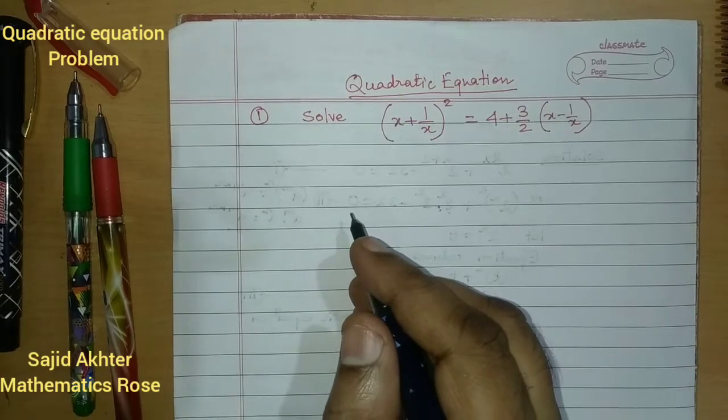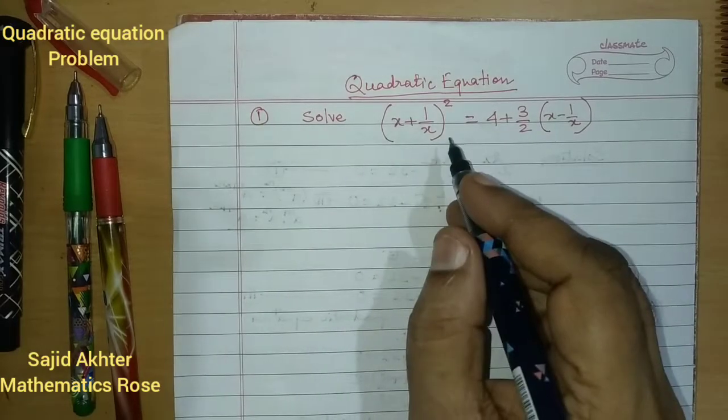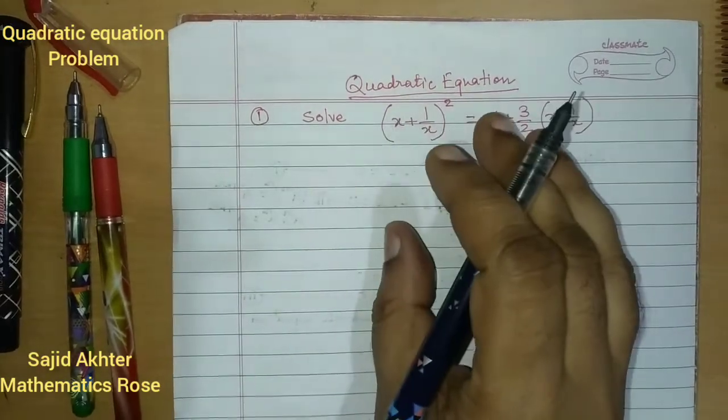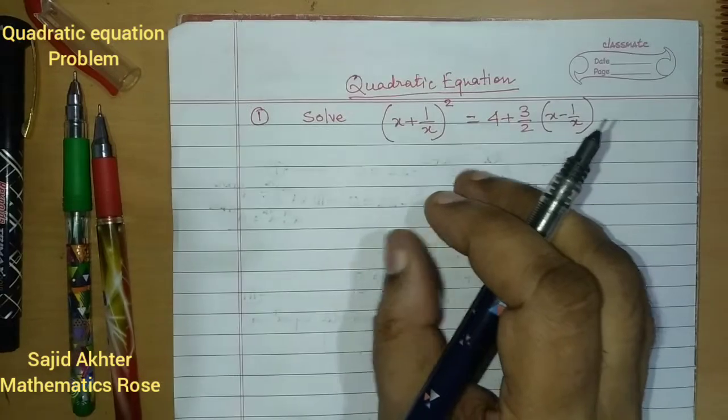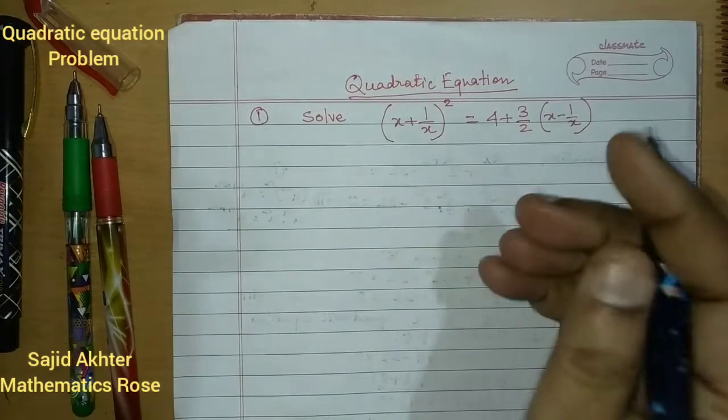Good evening, everyone. Now, this is the question from quadratic equations I have taken. If in such type of question 4 options will be given, then how will you solve it? What is the method to solve it? So, see,